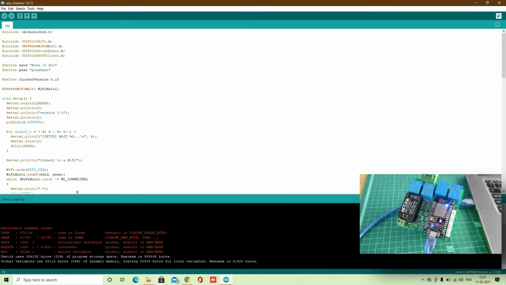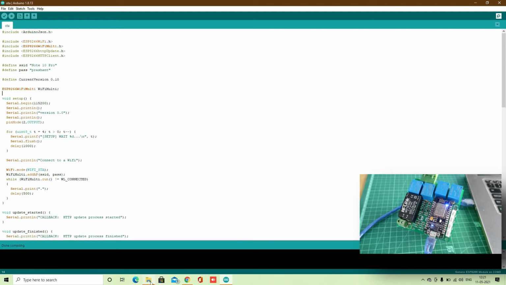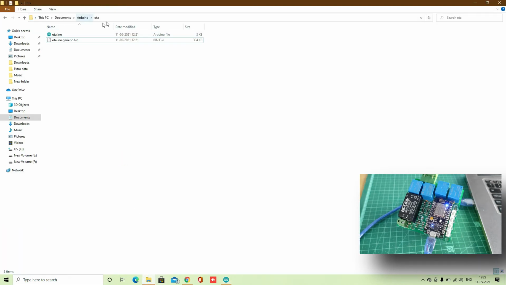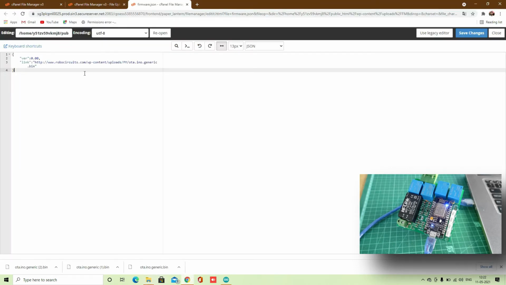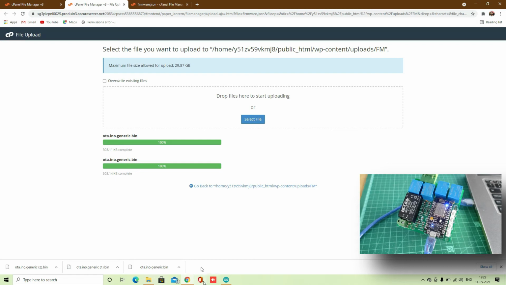Now we have to go to the folder where our code is saved, which is right here. Now you can see we have a new file, which is a bin file. Now we have to upload this file to our website at the same address.